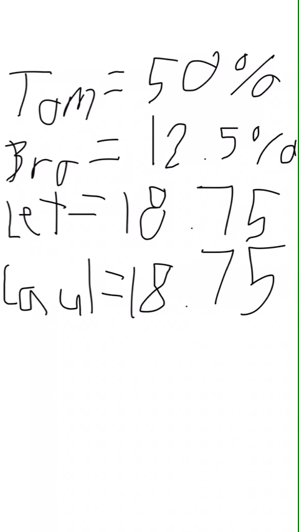And so I hope that wraps up the question. This wraps up the question. The tomatoes is 50% of the garden. The broccoli is 12.5% of the garden. The lettuce is 18.75, and the cauliflower is